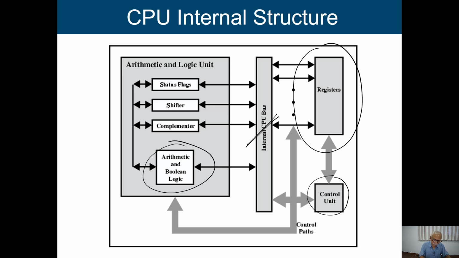And we have the arithmetic and logic unit. Inside it we can perform arithmetic and Boolean logic operations. We can have a shifter, because we have already talked about the shift register, so we can shift the information either towards the left side or towards the right side. And we have some status flags. When we discuss registers, we are going to talk about status flags also, because it is a kind of register where we store some flag information.